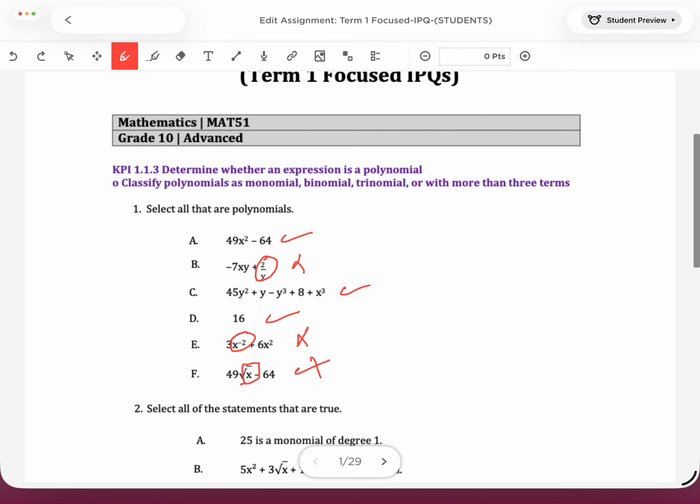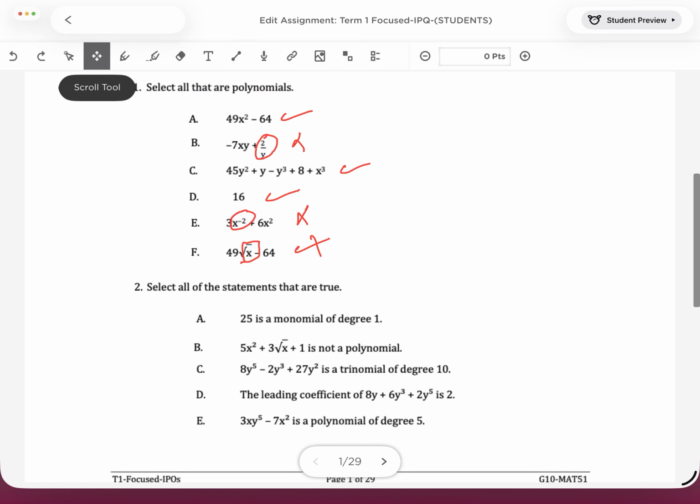And we agreed if we have a variable at the denominator, negative power for the variable, radical, so we don't have a polynomial. Now the second one,